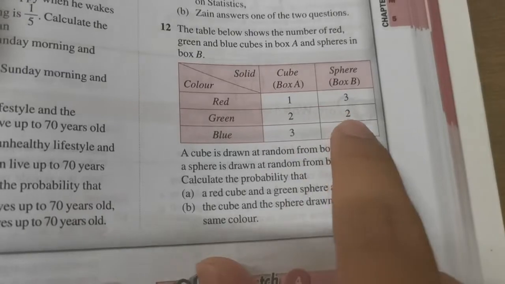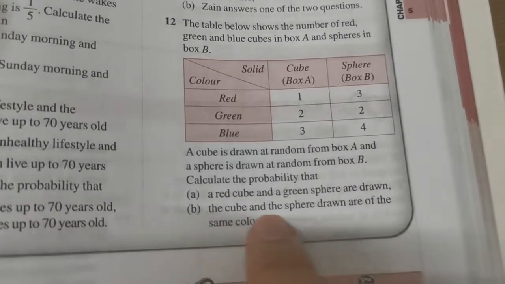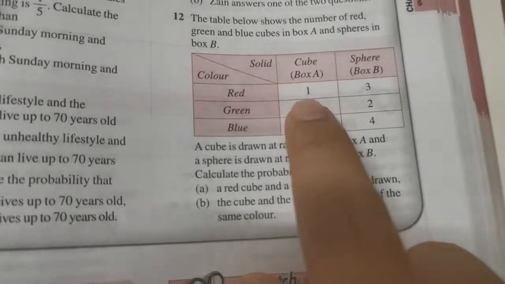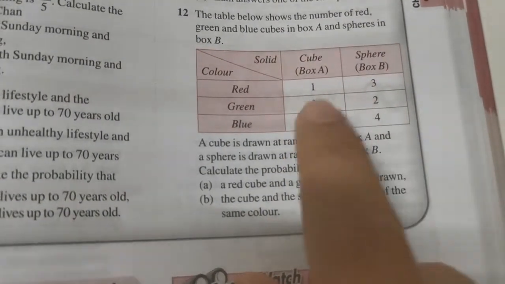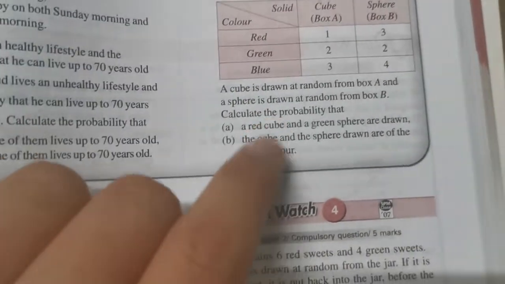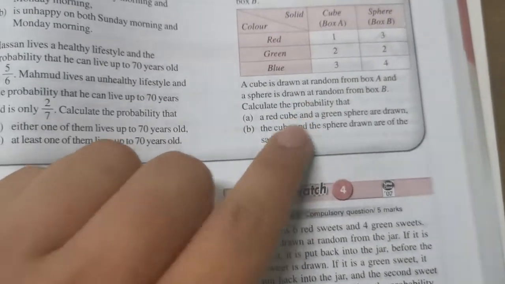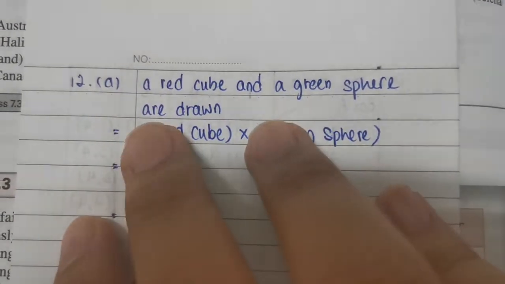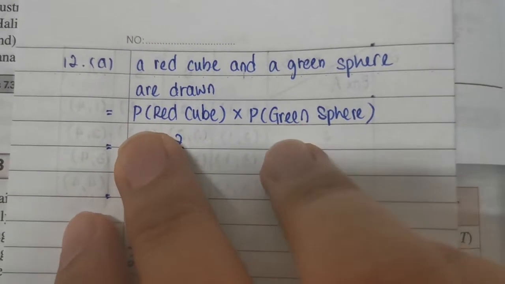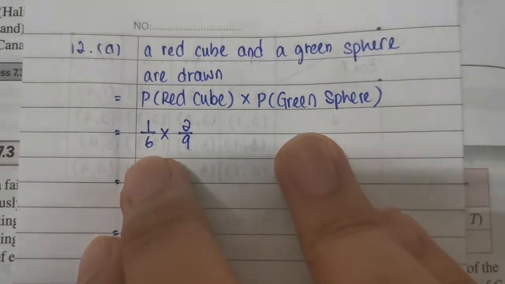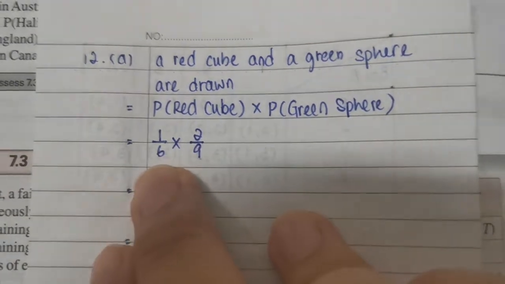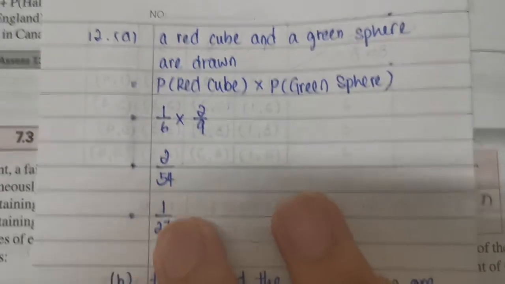抽到 red cube，抽到 green sphere。The cube and the sphere drawn are of the same color。所以如果我们有这样子的，不是 intersection，我们可以直接用两个 probability multiply 在一起。所以你看啊，red cube 跟 green sphere，所以我们抽到 red cube 跟 green sphere 是 probability of red cube times probability of green sphere。所以 red cube 是 1 over 6 times 2 over 9 green sphere，会拿到 2 over 54，simplify 1 over 27。